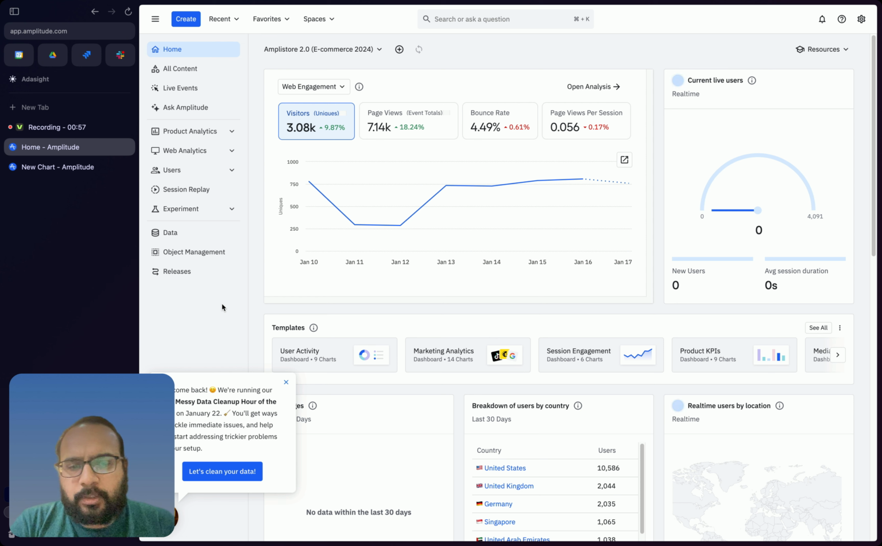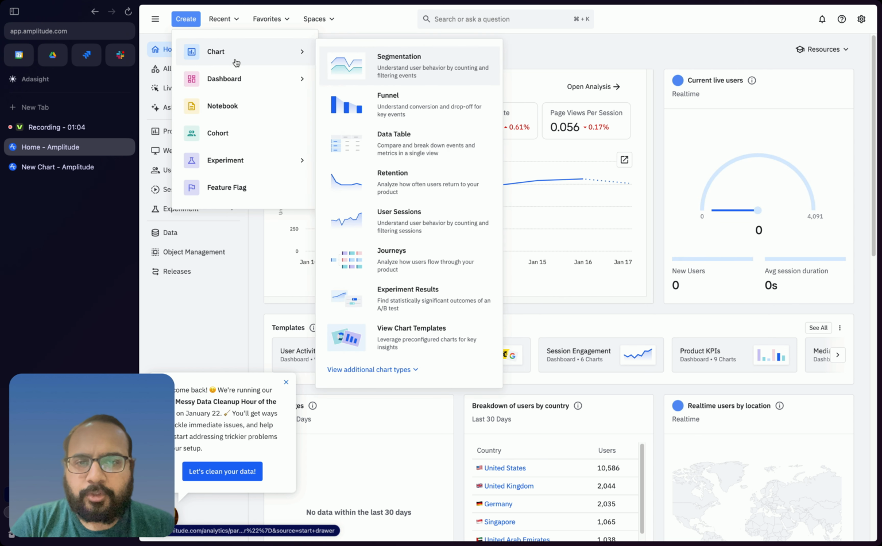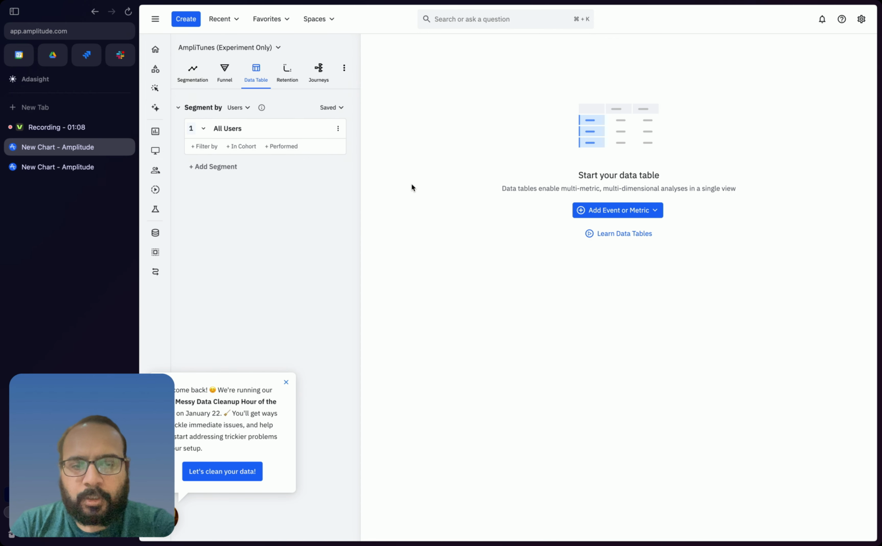So to start with, we are going to create a data table. So you click on create, go to chart, and then select the data table. So as you can see over here, you can see a lot of options, but the key to working with data tables is to take it step by step and start with simple things. So the first thing that we'll do is we will add an event. So click on the add event or metric button,